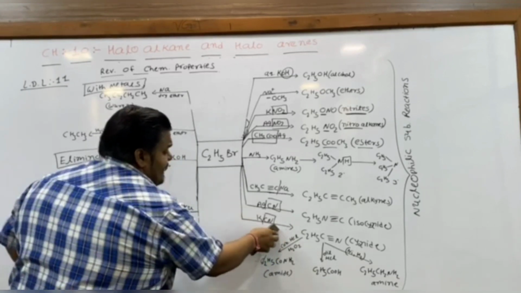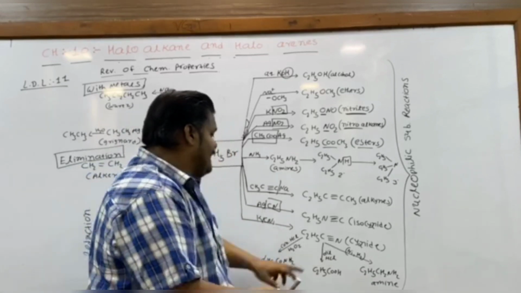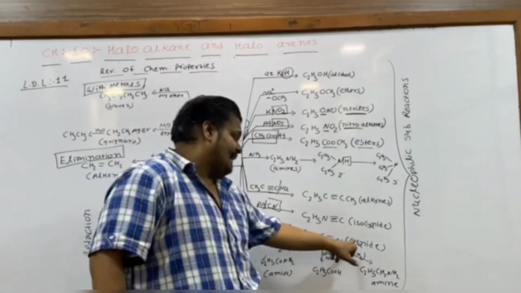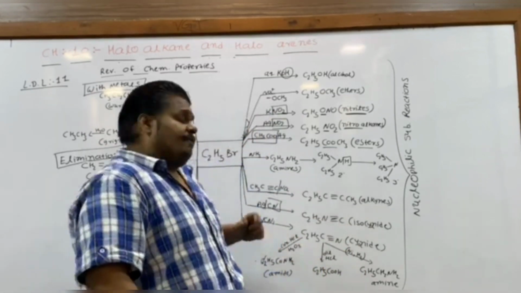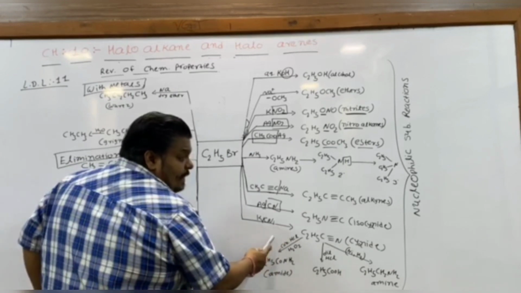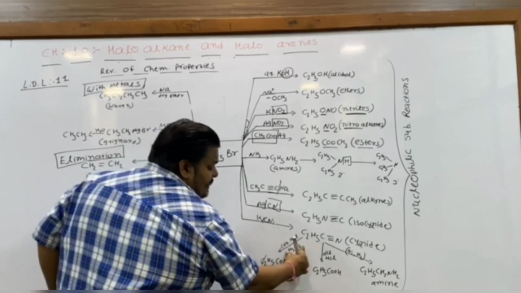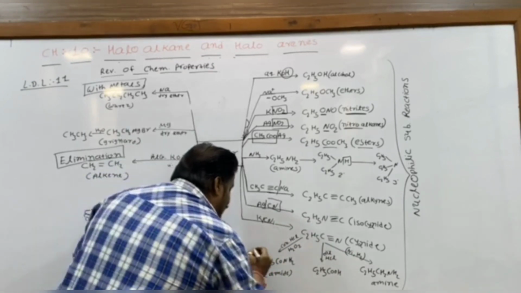If by using KCN, we'll get a cyanide product. Out of this cyanide, we can have three different products also. We'll perform a reaction of a cyanide with concentrated HCl. Keep in your mind, concentrated HCl with hydrogen peroxide will produce a compound called amide,